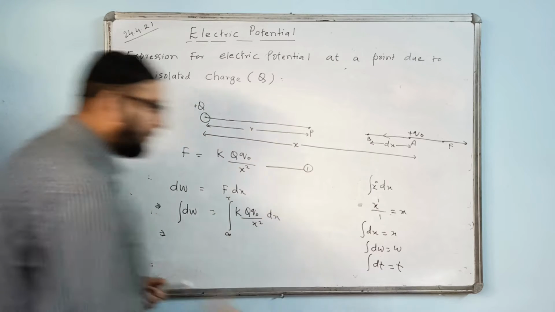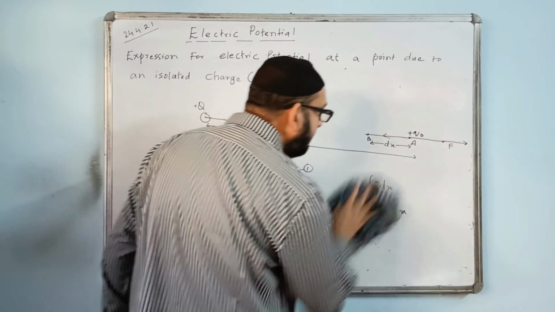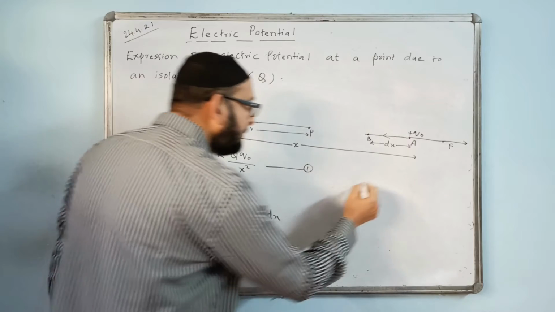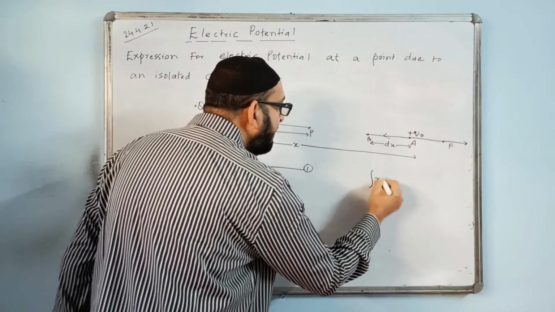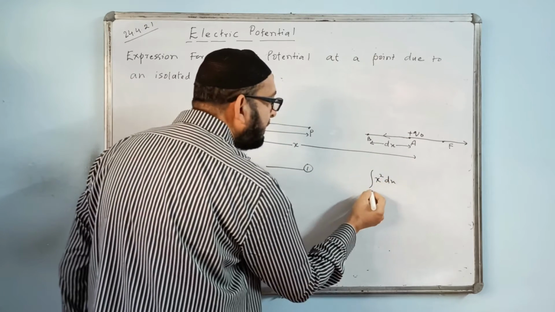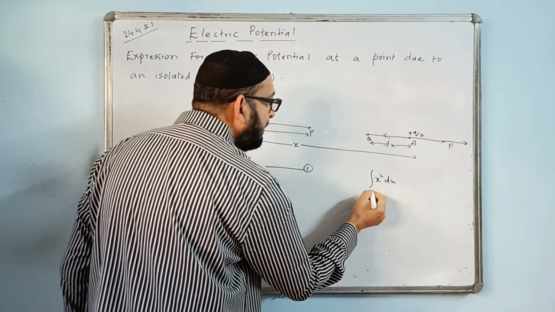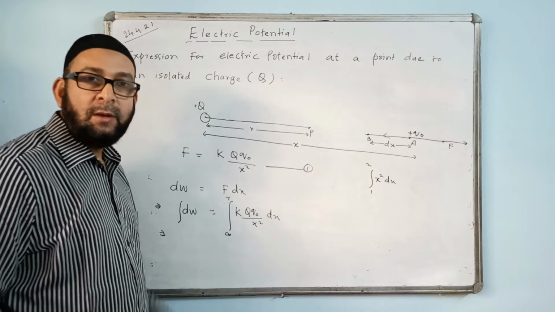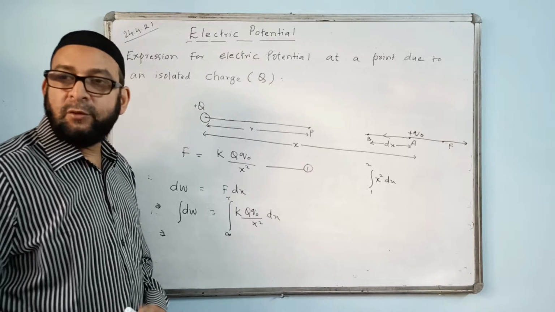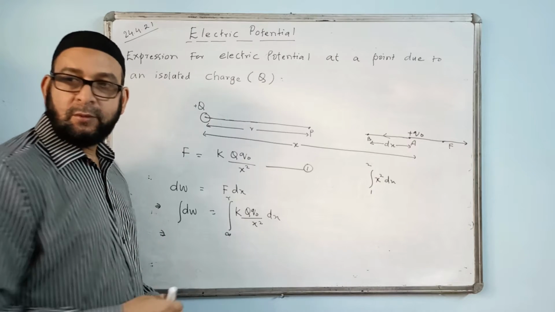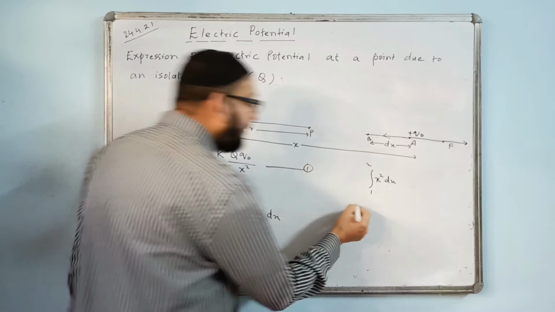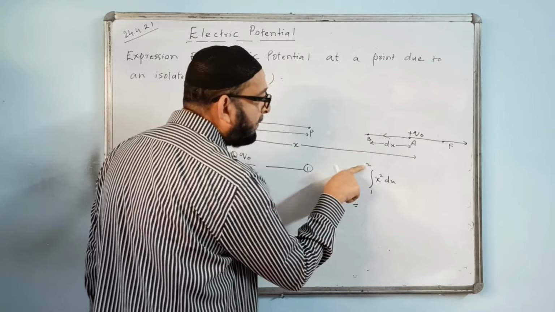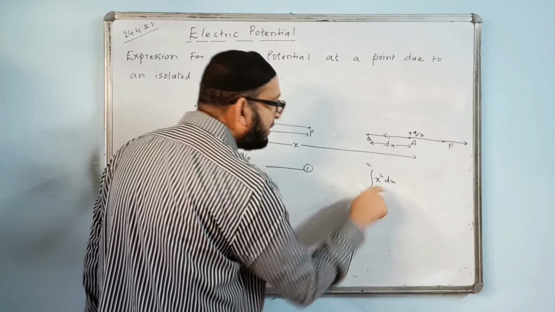Now let me talk a little bit about the limits. How do we evaluate limits? Suppose I am having x square dx with limits 1 and 2. Limits are given here. This is called a definite integral. You will do that in maths also, but later on, so just have an idea about it. This is called the lower limit, this is called the upper limit. First we will not think about the limits, we will see the integration.